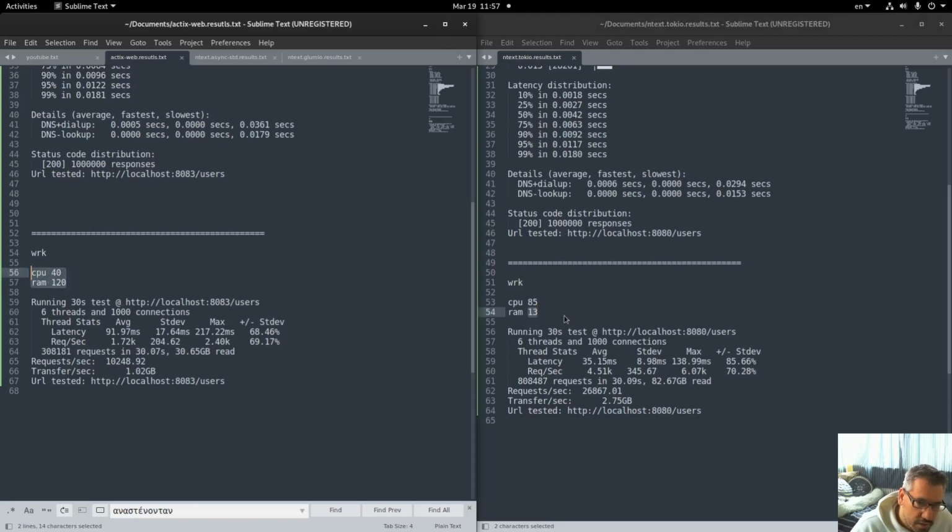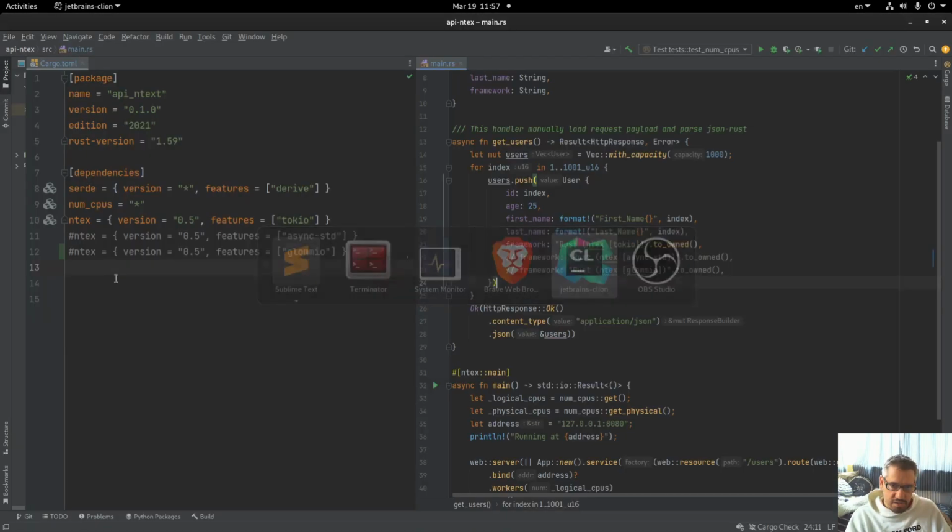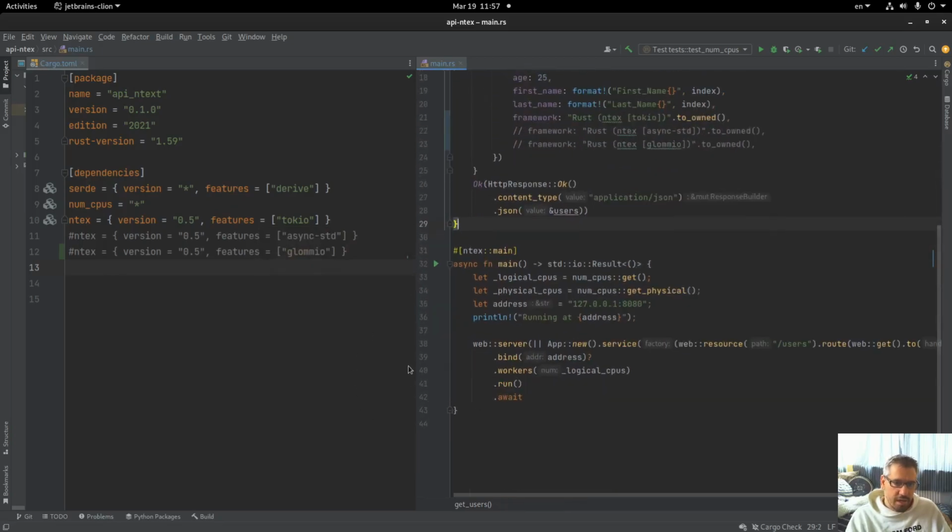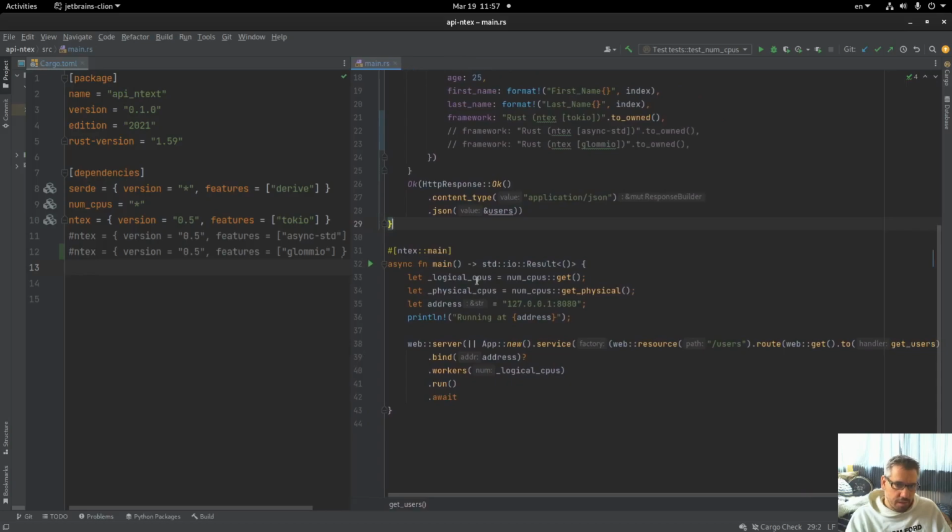So you see the difference here and the difference in the results. So for WRK, ntex Tokyo hugely outperforms actixweb,